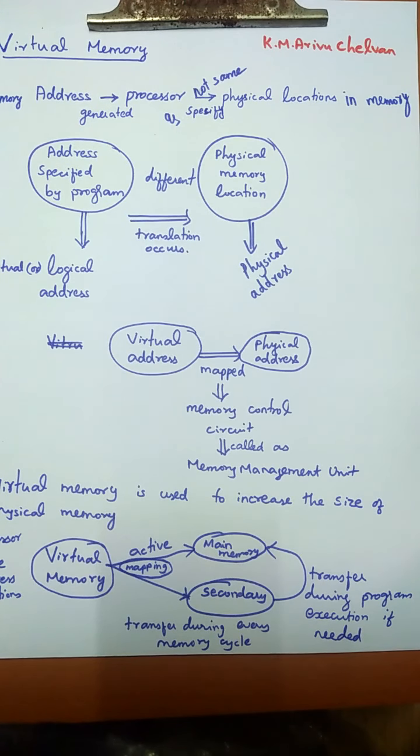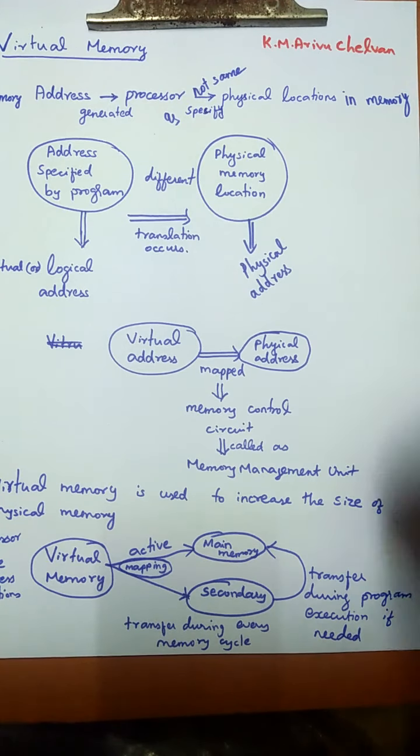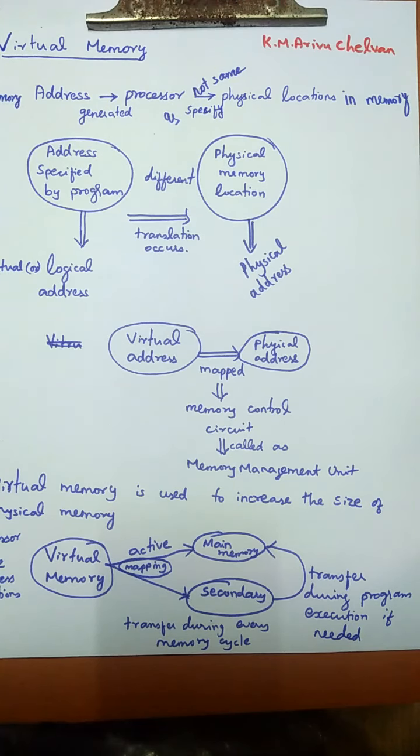We will have a detailed discussion about this virtual memory in upcoming sessions. So far we have discussed some of the basic concepts in the memory system. Hope you enjoyed. We are going to discuss more on semiconductor memories, then cache memory, then virtual memory, and then secondary storage devices, magnetic tapes, disks, and optical disks in this unit.